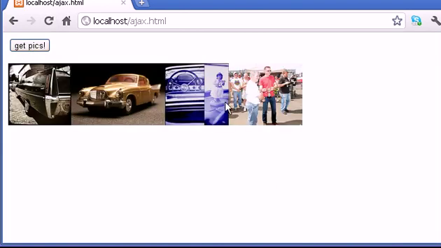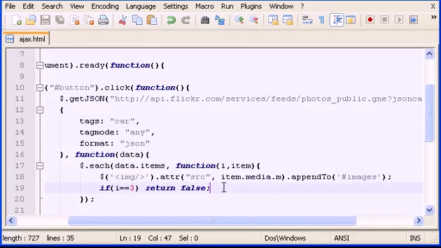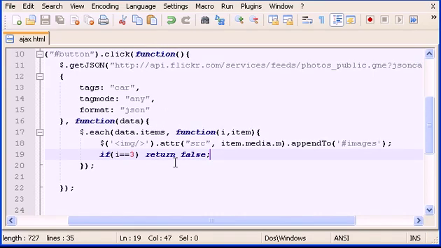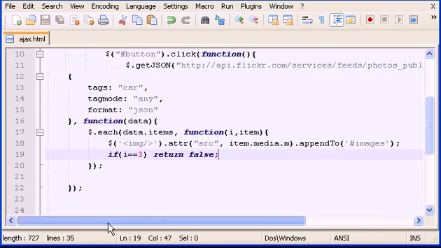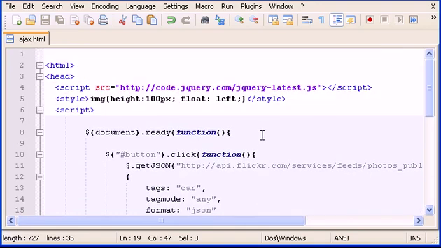If we click get pics, this happens. If I click again, okay, it's always appending. I don't want this to happen. I want that whenever I click this button, 4 appear, and then if I click again, only 4 will appear. I don't want this to keep appending. So to do that, what we have to do in here